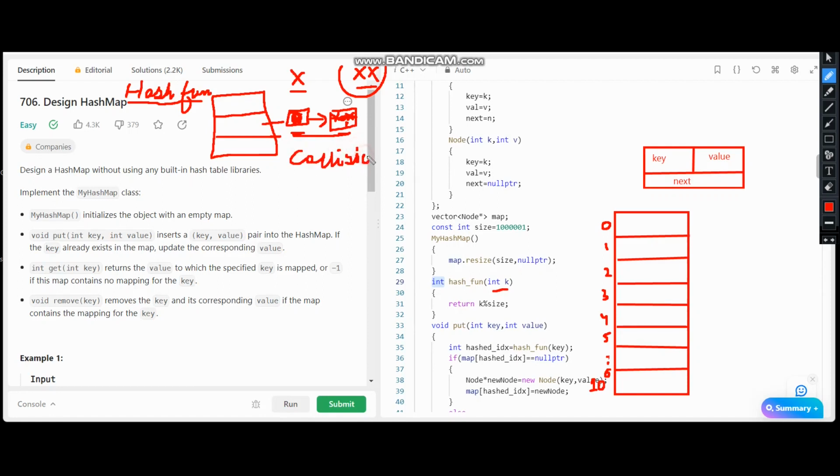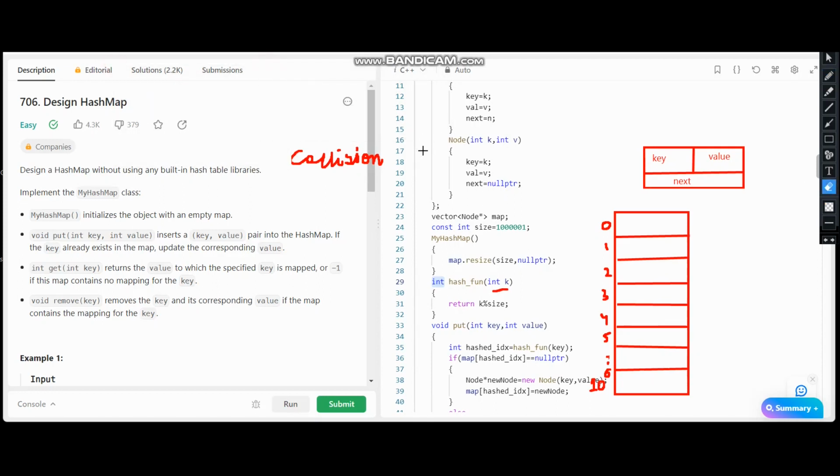And to resolve a collision, because you know that this is forming a linked list, if you reach this index, then you have to traverse till the length of it, which is O of n in the worst case. So again you have to search with O of n time complexity. So what is the purpose of this hash map? It means that we should have some